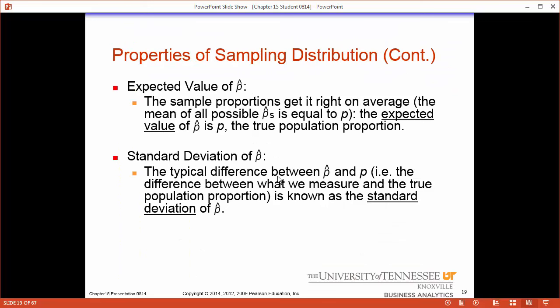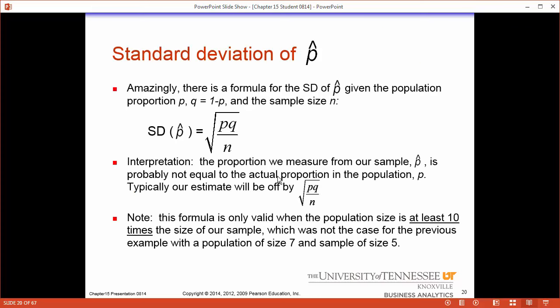So what we have for these distributions is the expected value, which is the mean of it, and the standard deviation. This is the expected value of the sampling distribution of p hat. This is the standard deviation of the sampling distribution of p hat. All this is, is a mean and a standard deviation for your distribution. We've seen this before with the normal model. We're going to say it has a mean of blank and a standard deviation of blank, and we're going to assign formulas to it. So here we go.